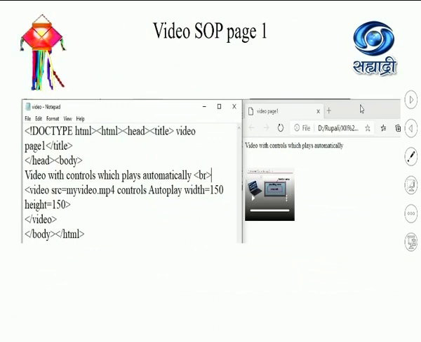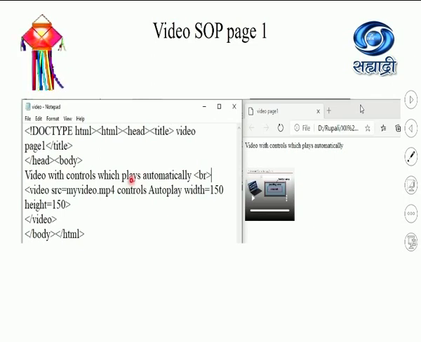Students, if I want to try out with SOP1 for the video, I can write the code something like this. If you observe the code over here, just see the video tag you have to make use of, then src attribute followed by the video file name. Students, I have saved this MP4 file in my folder where my video.html is. That's why I need not mention the complete path over there or complete URL over there. You may mention complete URL over here.